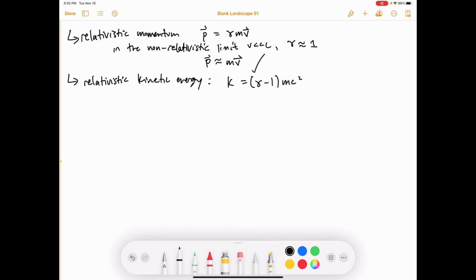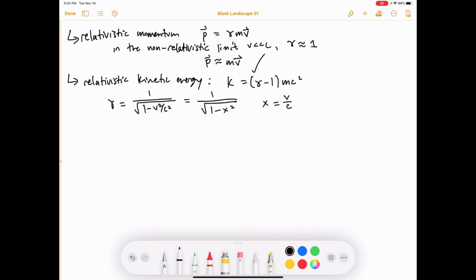So remember, the definition of gamma is 1 over the square root of 1 minus v squared over c squared. So how about we write this as 1 over the square root of 1 minus x squared, where we define x to be v over c,